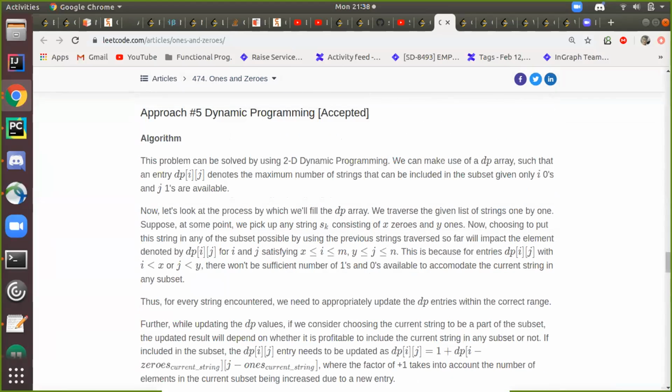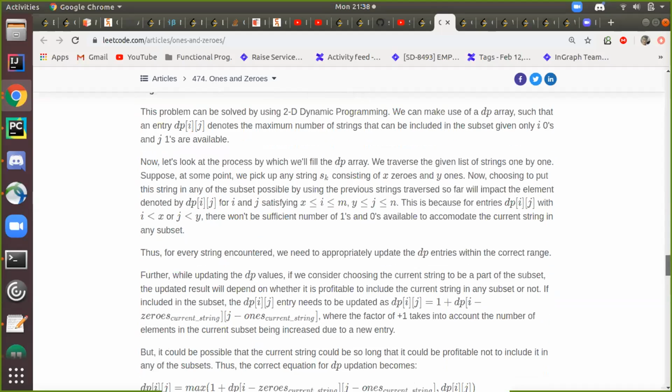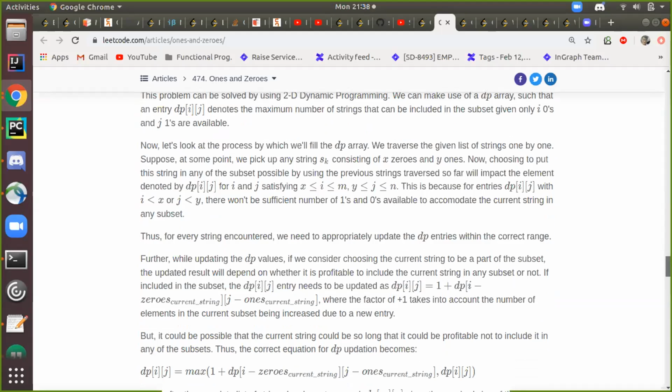So here he's using this dp of i j, where i j represents the maximum number of strings that can be made using i number of zeros and j number of ones. So he is going to every string, and so the time complexity remains the same.